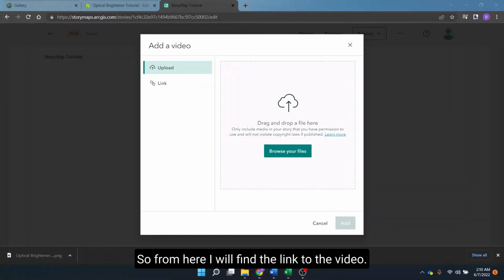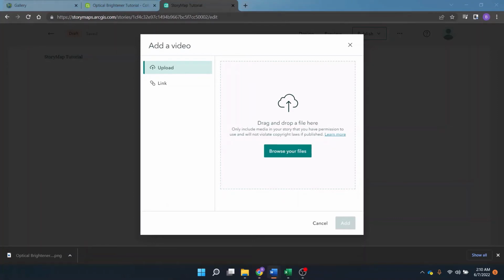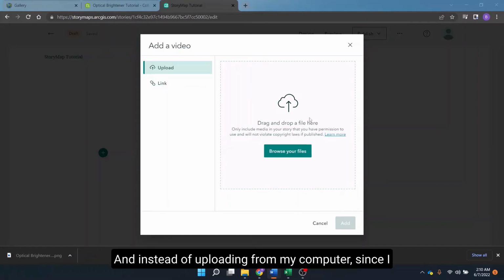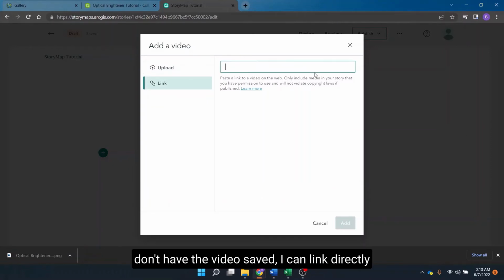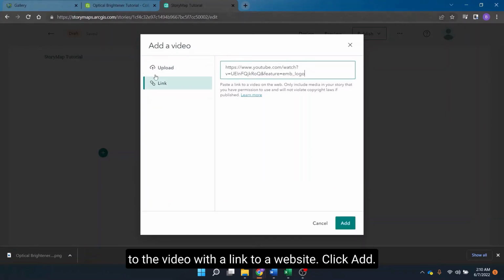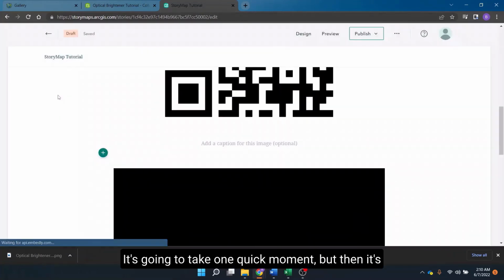So from here, I will find the link to the video. And instead of uploading from my computer, since I don't have that video saved, I can link directly to the video with a link to a website. Click add. It's going to take one quick moment, but then it's going to add this video